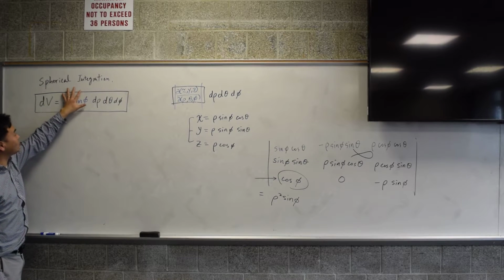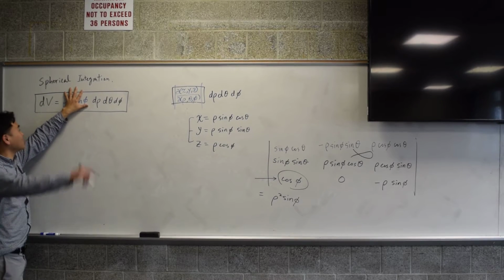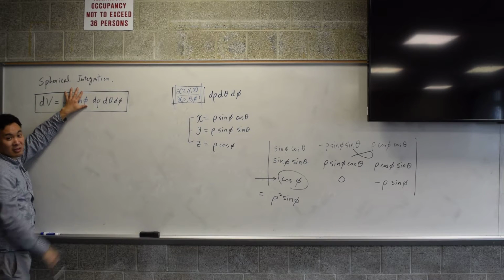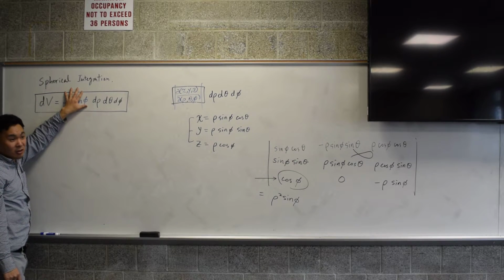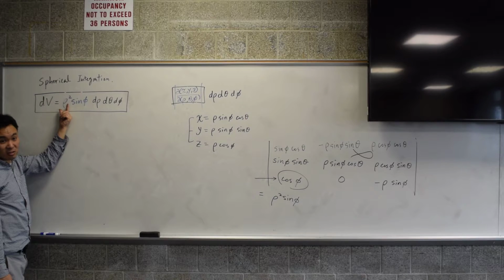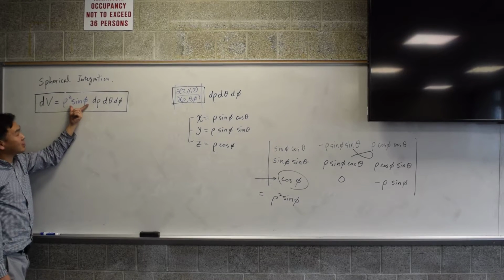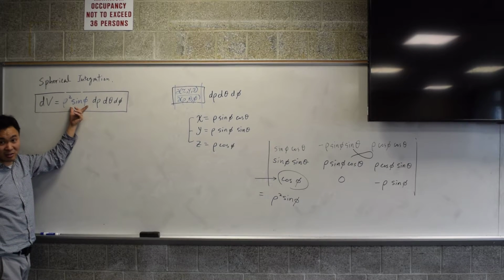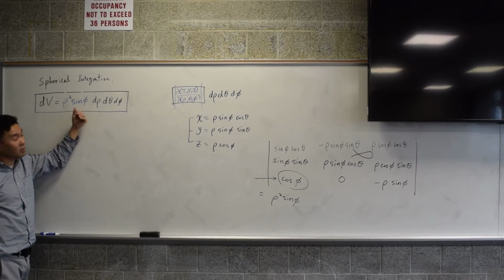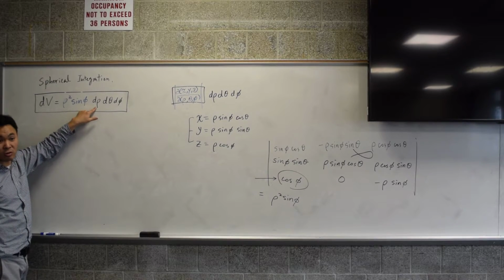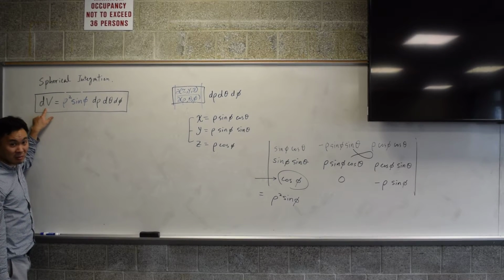So think about it. If you didn't have this, you're basically trying to equate something that's cubic meters to something that has meters. That doesn't make any sense at all, right? So now, let's see what happens if you included this. Rho is meters, so rho squared is square meters. Trigonometric functions are ratios of two lengths, so that's unitless, okay? That doesn't have any unit. So you have meters squared times meters, which gives you cubic meters, which does match with the unit on the